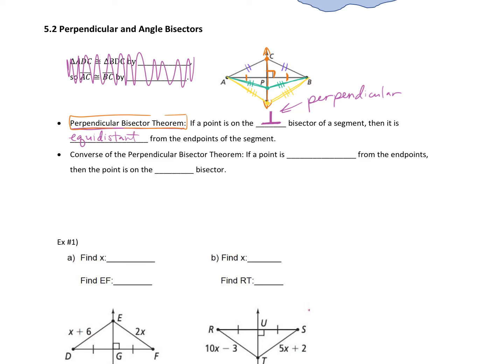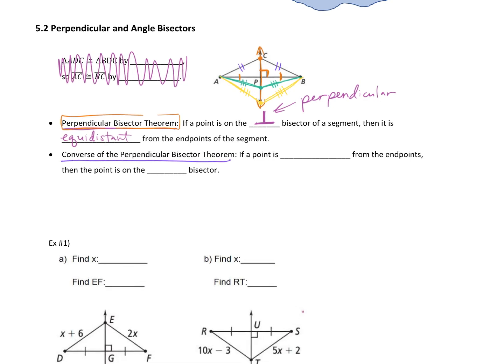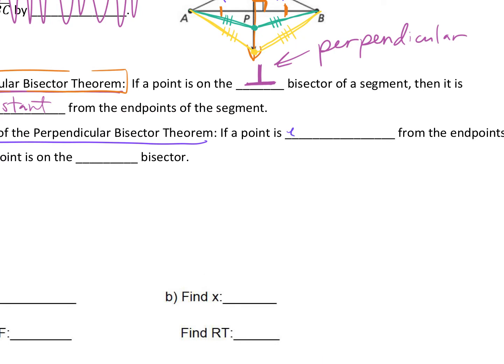Okay, the converse of that is also true. So this is the converse of the perpendicular bisector theorem. And this one says if a point is equidistant... try that again. If a point is equidistant,